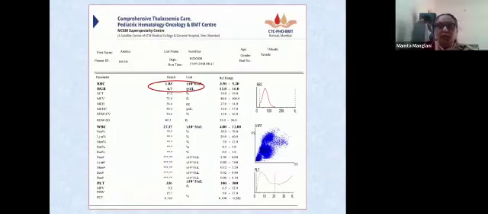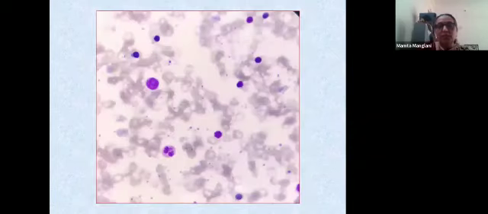So this was the finding that we talked of, normoblastemia, and in this child we looked at the smear, and the smear showed plenty of nucleated RBCs. These are all nucleated RBCs that you are seeing. These are not WBCs. This is a WBC. This is a lymphocyte. But these are all nucleated RBCs.